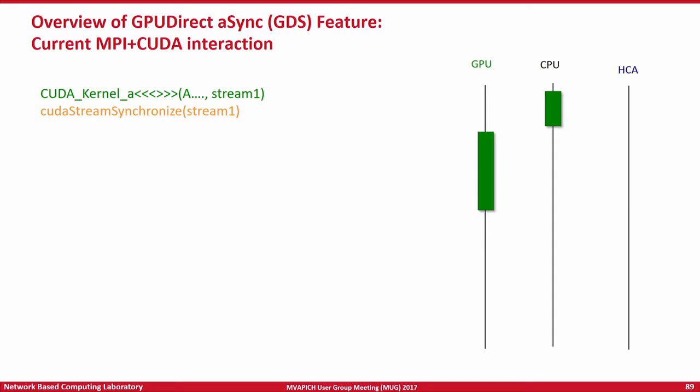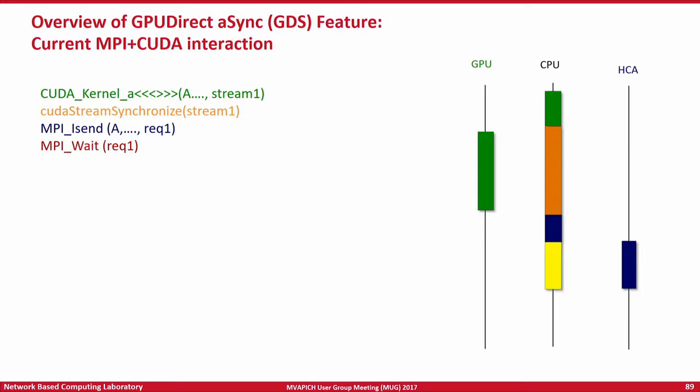Now, this is how a typical CUDA-aware application would work at this point in time. The CPU would do some compute, launch a kernel, wait for the kernel to finish, do some communication operation, wait for the communication to finish, then do further compute. So all of this time, the CPU is actually doing nothing. The greens and the blues are useful work, whereas the orange and the yellow is basically wasted work. So can we remove this wasted work and replace it with useful work? That's what GPU Direct Async is trying to do.